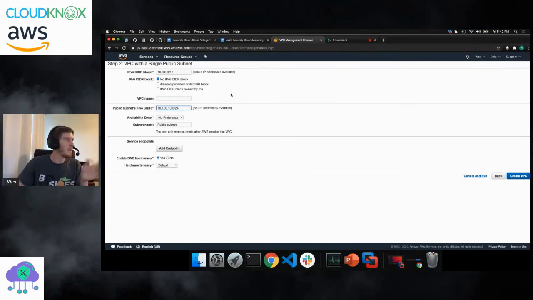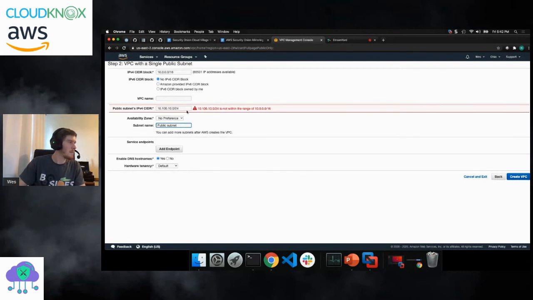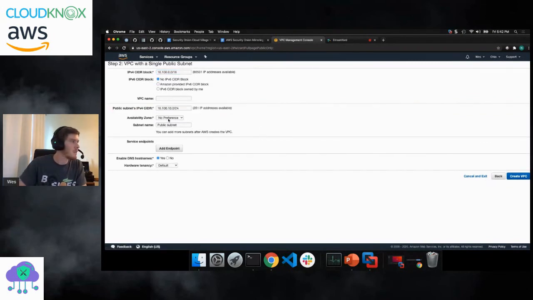10.110. So if you want to go play with it, you could add other subnets later. We just want to narrow the scope on this one a bit. All right, so we're just keeping the name public subnet. There we go. So we'll keep it like this, and then we'll go with the default public subnet name right here, and then we'll click create VPC,